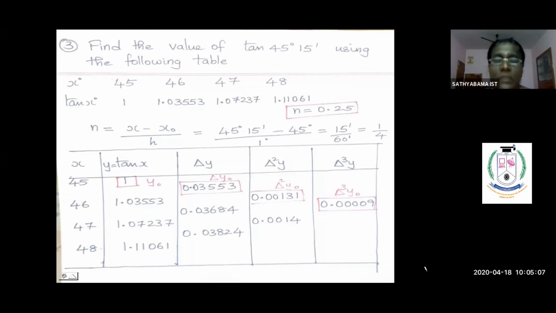Then I got the forward difference table also on the same page. You see here, I've entered x value, y value, del y, del square y, and del cube y. And I have calculated the differences. Since your x value lies close to your initial value, we are using forward difference. And therefore, we need y naught, del square y naught, and del cube y naught from the table. So I have calculated everything. I'm going to apply everything in the formula.